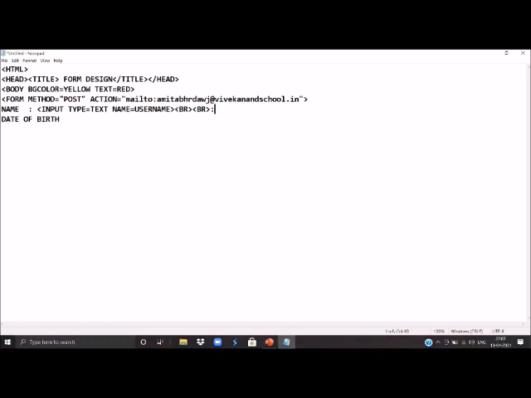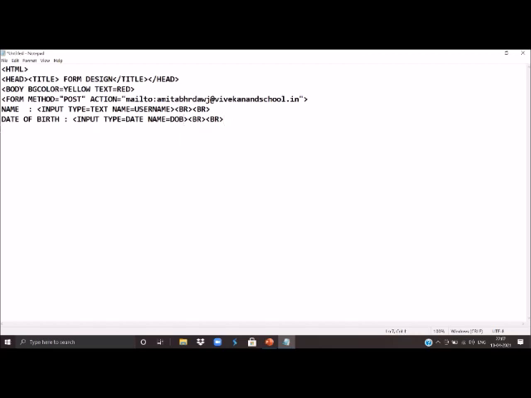After that we can paste, and here we can change the input type as date and name as date of birth.